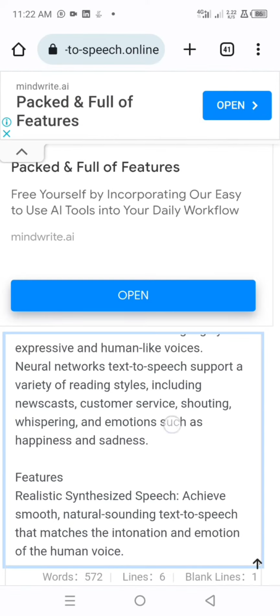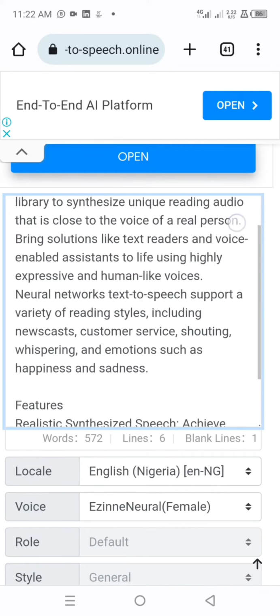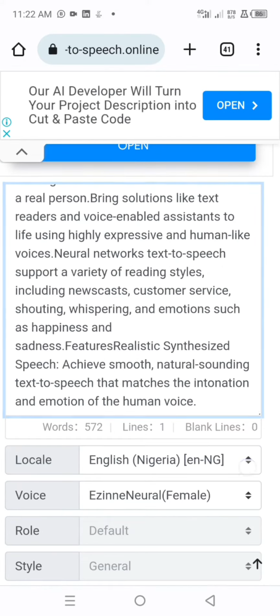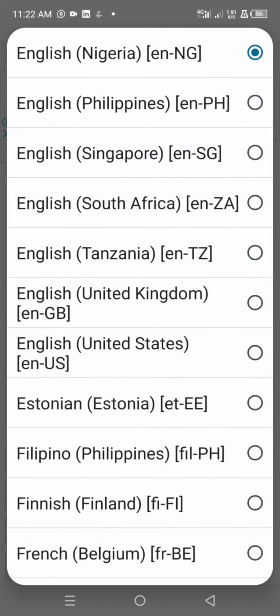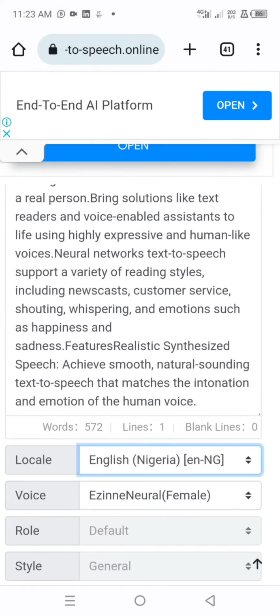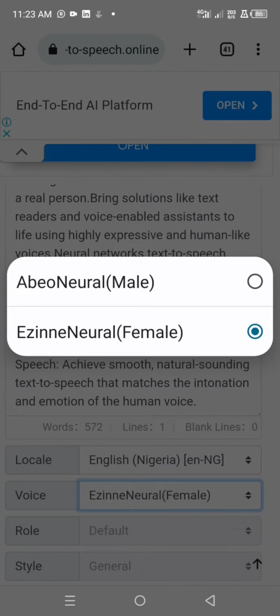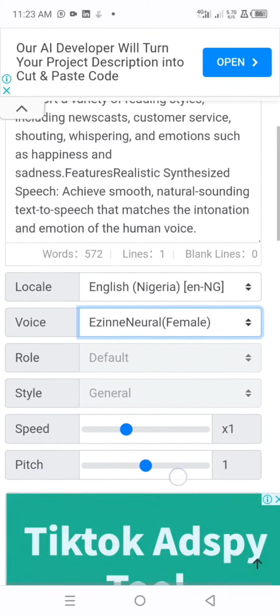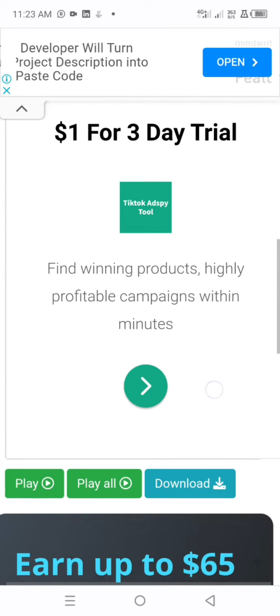So this is what it looks like. And then all you have to do is you can change the language. All right, you can choose English. And the beautiful thing is you can use United States, you can use English Nigeria. Okay, I selected English Nigeria, and you have the option of choosing a male or a female. Let me choose a female, and all you have to do is to scroll over to this point,